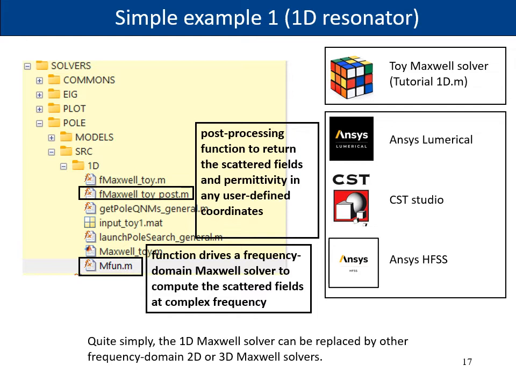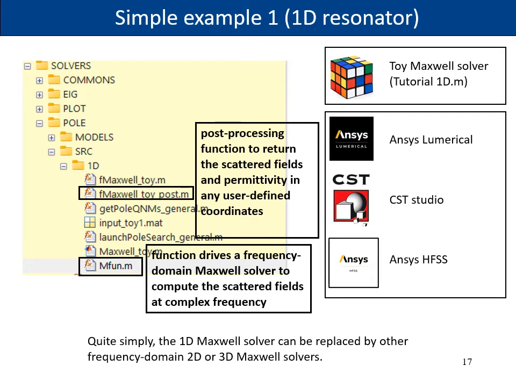So quite simply, this trivial 1D Maxwell solver, or toy Maxwell solver, can be replaced by other frequency domain 2D or 3D Maxwell solvers, such as ANSYS Lumerical or CST Studio. In that way, the user can deal with a more complicated structure, for example, a structure with arbitrary shape